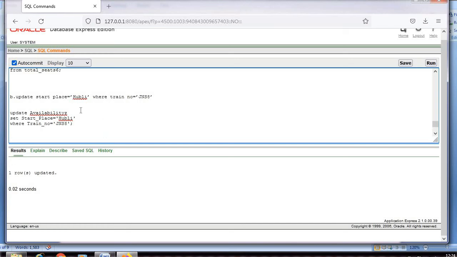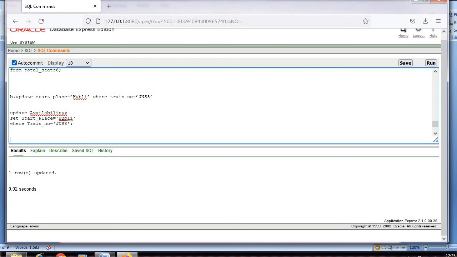We are updating a table by the name availability. After going to the availability table, it searches for the train number JNS8. If it finds JNS8, their starting place, whatever it is, will be changed to Hubli.